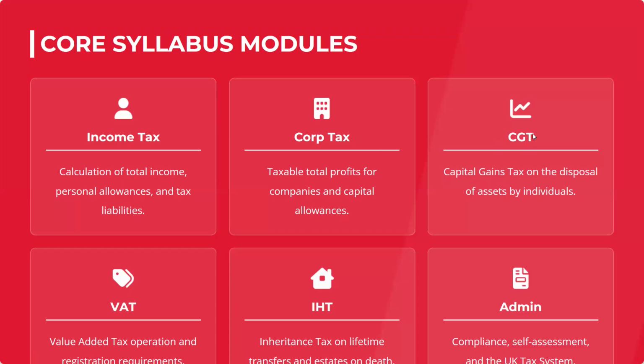Moving forward, CGT. This is an area, chargeable gains tax. In our life as well, we do this. If I bought an asset, let's say 5 years ago, and now I'm selling it, let's say it's a cupboard, it's jewelry, whatsoever, will that be counted as my income? No, that's not your income, because selling your asset forms part of a gain or loss. So it's not your income. Basically, it will be called your chargeable gains.